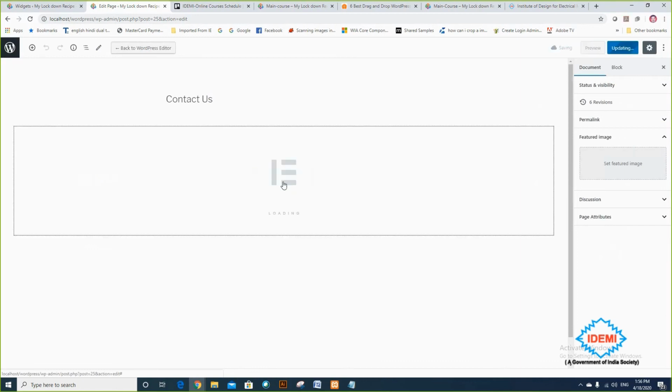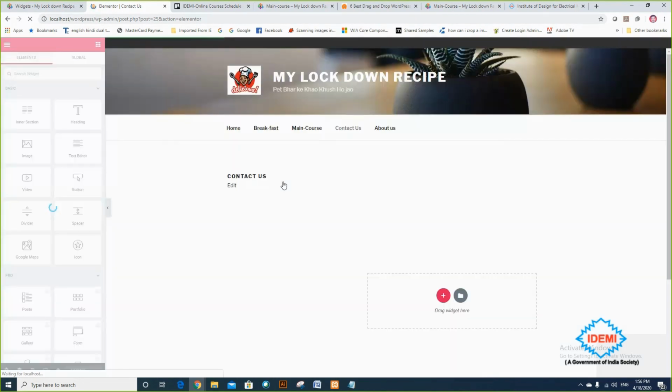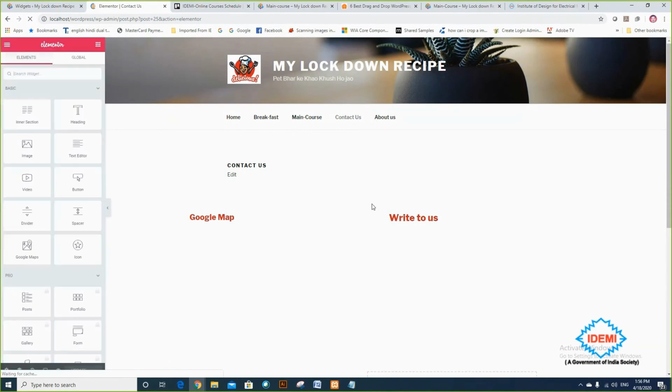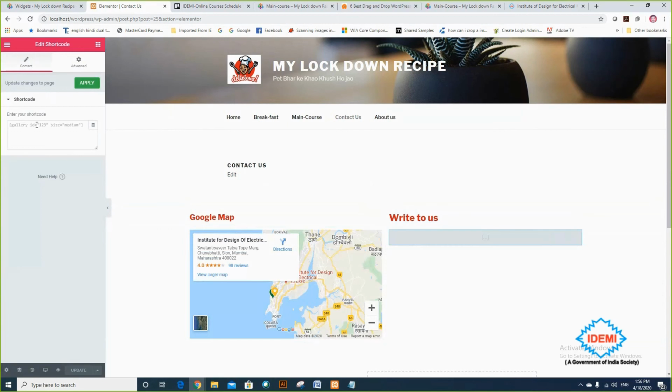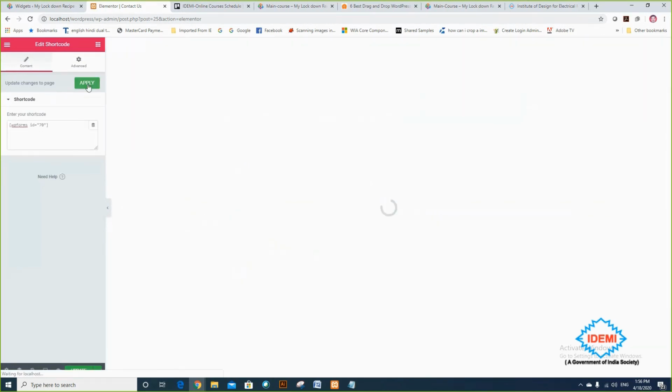And clicking on edit with Elementor again. So it will start Elementor, and it takes time to load. So now I want to put the shortcode here, and I'm just putting in the shortcode and clicking on apply.